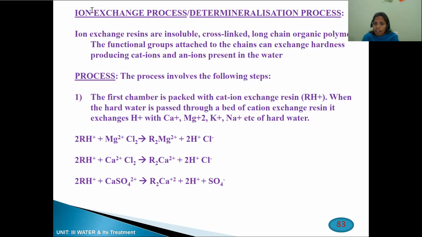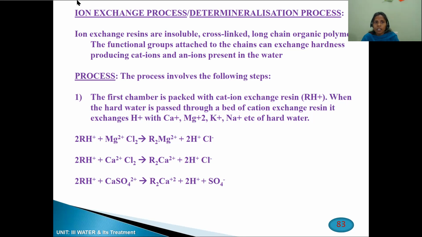What are the hardness causing ions? We know various cations and various anions are responsible for hardness. The cations are calcium Ca2+ and magnesium Mg2+. And what are the anions which cause hardness? Bicarbonate, chloride, sulfates and nitrates. So what is our aim? We are removing all the cations and all the anions. That means we are removing all the ions which cause hardness by using the ion exchange method.